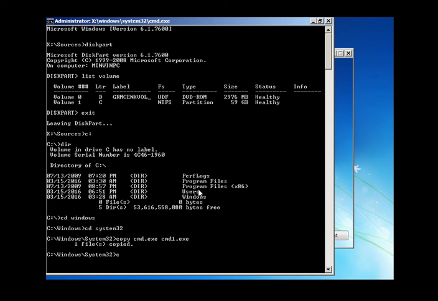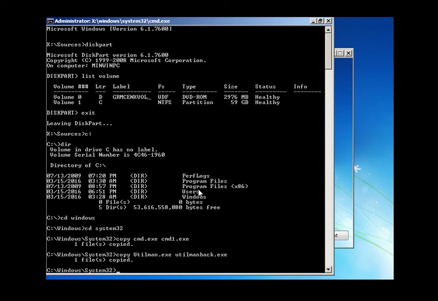Second, copy the utilman.exe file with another name, like utilman backup.exe. Done.